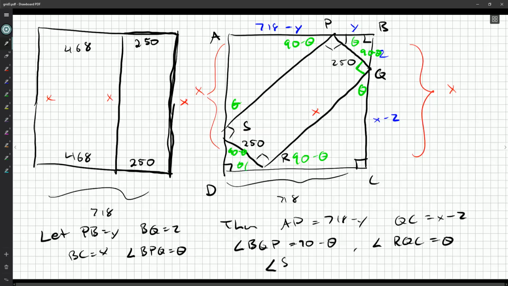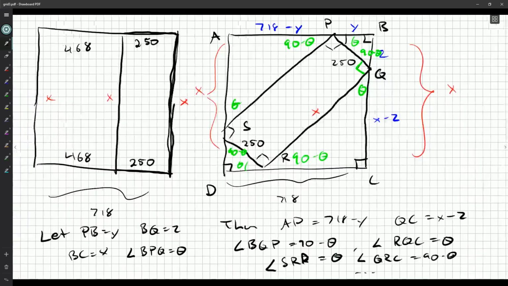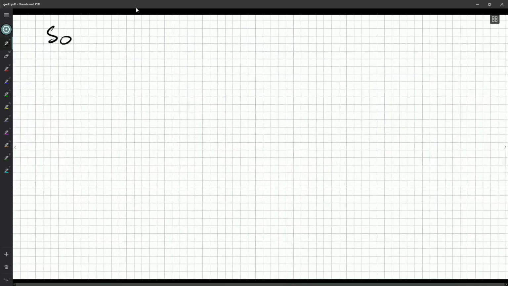Angle SRD is equal to theta. Angle QRC is 90 minus theta, etc. And you can write etc. as long as it's clear that you're just chasing the one angle around your picture, and you do have a clearly labeled picture. So,